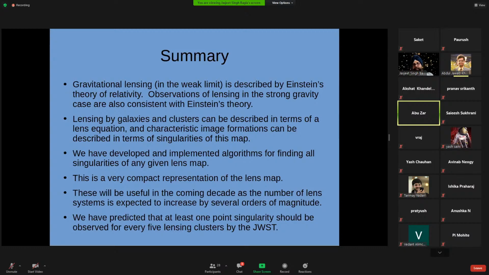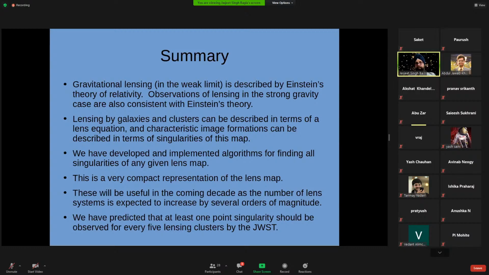Okay, so thank you so much, sir. So does gravitational lensing affect redshift and blue shift? Gravitational lensing in first order does not, because you can think of it as a potential well, and light is entering the potential well and exiting the potential well. It does not lose energy. But if the potential well itself is varying while the light is transiting from there, then it can have an effect, but that effect turns out to be extremely small.